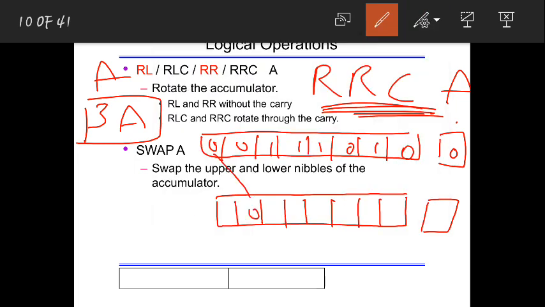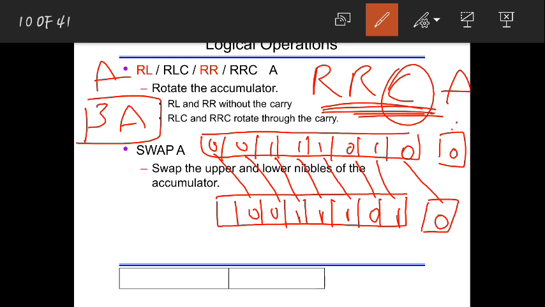Okay, 0. Next this 0 moves here towards right, 0. Next this 1 moves here, 1. This 1 will come here, 1. This is rotating right, 1. This 0 comes here, 0. Next this 1 comes here. Next this 0 comes here, because this is rotate right with carry. There is a carry here, so we are also including the carry. After this, the carry should move towards this side. So this came here, right? Now this should move towards here. The carry you have is 0.